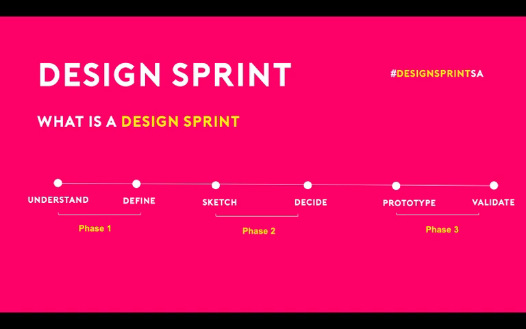After phase one, you move on to phase two, which is basically where you sketch solutions and decide, or vote, around where you want to take the sprint forward. What kind of solutions has the team come up with, and how does the team really feel they want to go forward with the design sprint? So you do a little bit of voting tasks and that kind of thing,